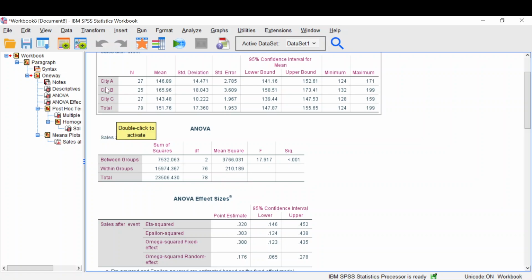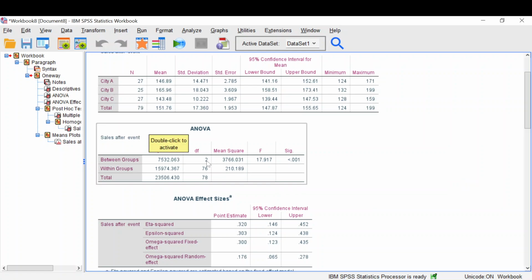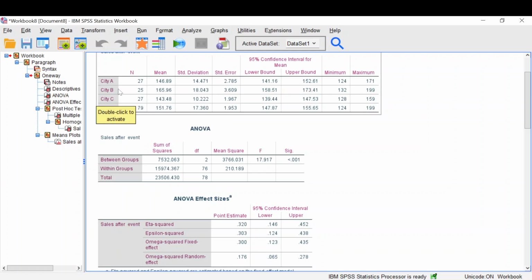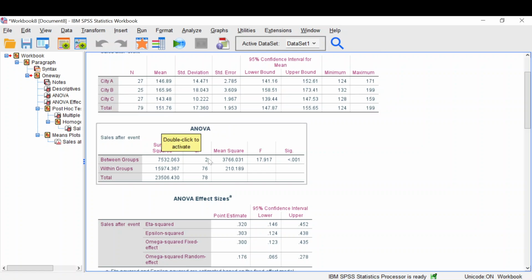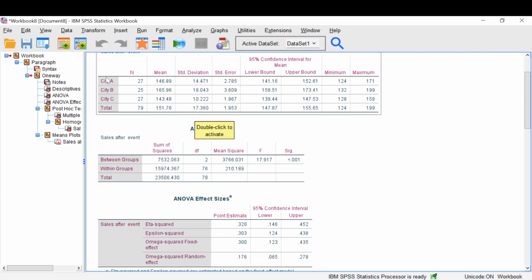Because in this case we're looking at 3 cities, city A, B, C, this 2 is simply 3 cities minus 1 equals 2. You'll notice that within groups, the degrees of freedom is 76. This is because, again, it's our 3 cities, the n for all 3 cities added up. So here we're looking within each, right, across all observations. So 79,